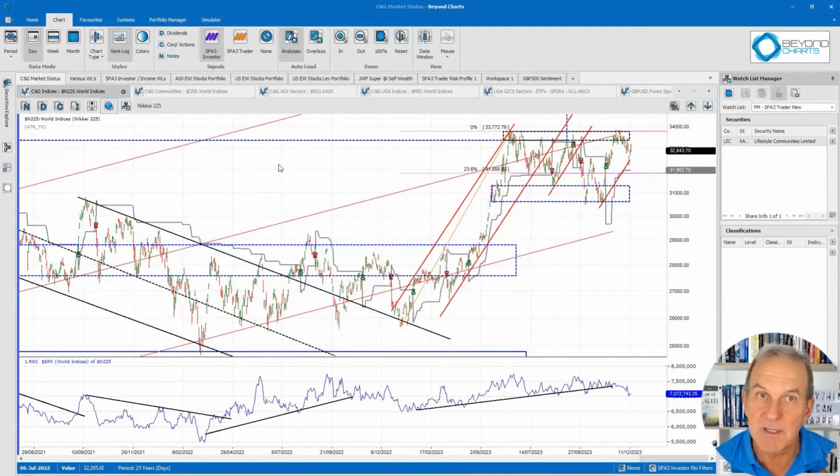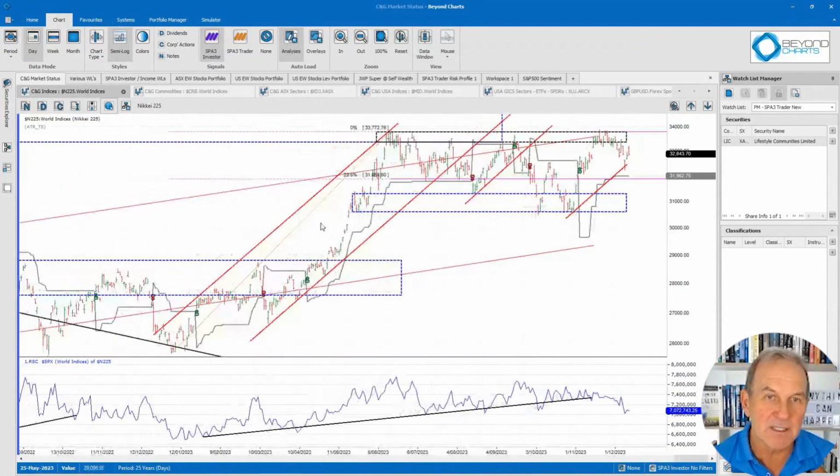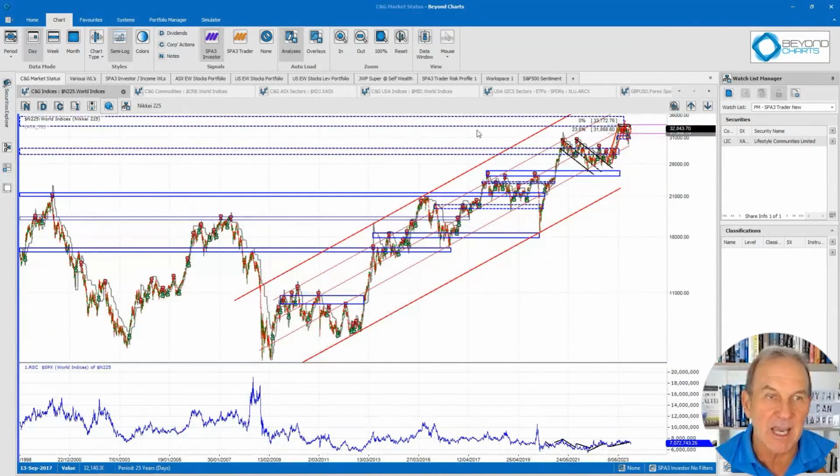I'm going to have a look at some of the other international indices, which I haven't done for a while. This is the Nikkei. So the Nikkei outperformance during this period of time, you have the S&P 500. Underperformance now, and it's found some resistance here. Now, that's not an all-time high of the Nikkei, because I don't have all the way back to 1989 here. It goes back to whenever it is, 1998. But